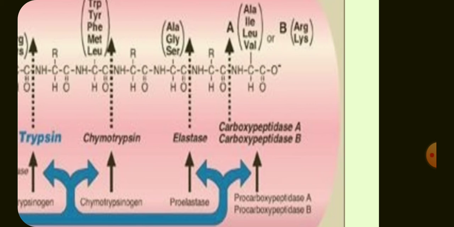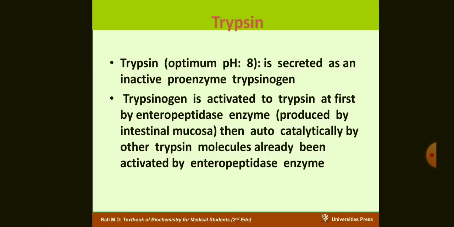Now we will take up the endopeptidases one by one. Trypsin is an endopeptidase. Its optimum pH is alkaline. When the chyme from the stomach enters the small intestine, that is the duodenum and ileum, the pH is alkaline because of the carbonate secreted by the pancreatic juice. So the pH is 8, and